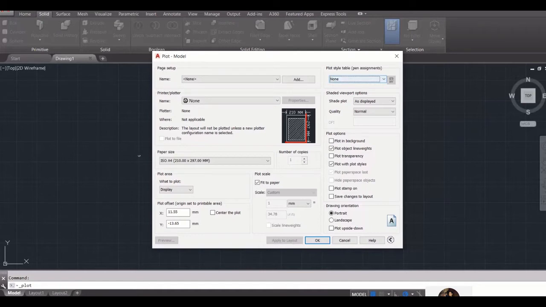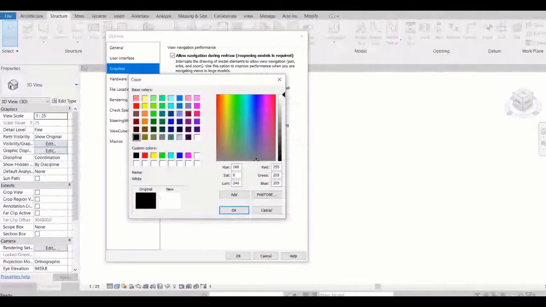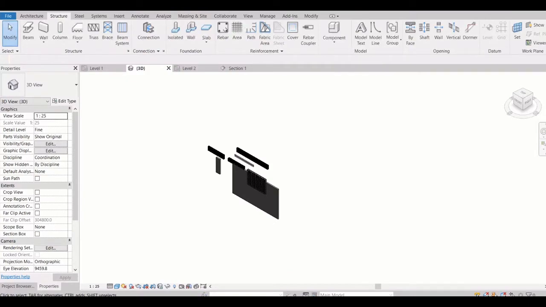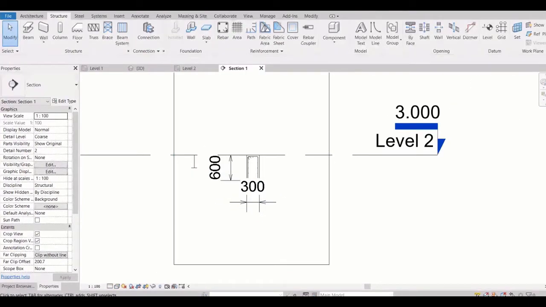So if you put none, you will see whatever you can see in your sheet. Here in Revit, whatever you can see on your sheet, right? Like if I go here in my sheet, this is the presentation. If it looks blue, then when I print it to PDF, I will see this blue. I will not see black or any other color. If I see this line thickness this much, in print I will also get the same thickness, okay.